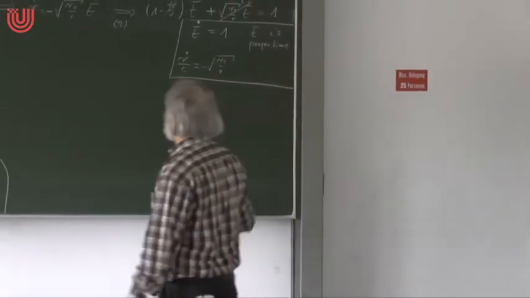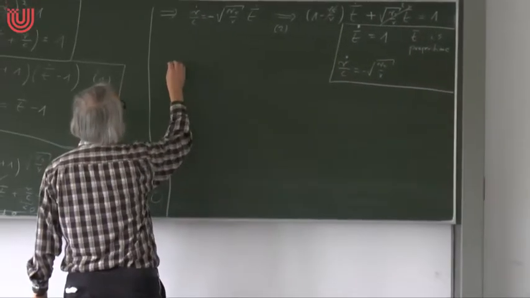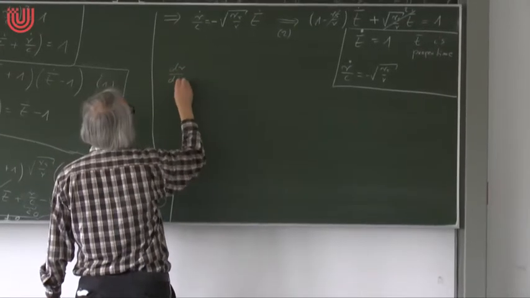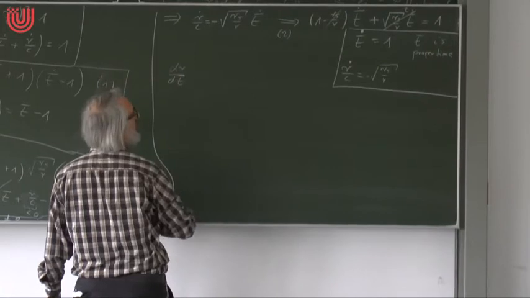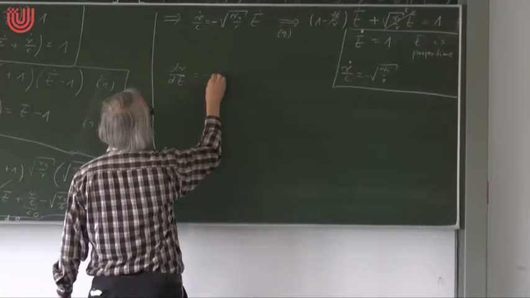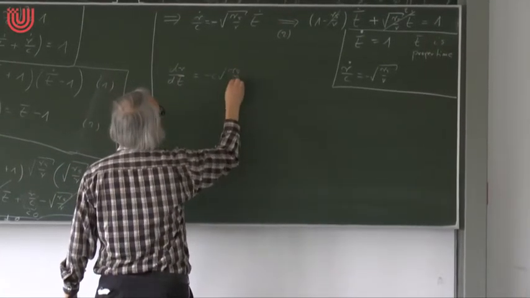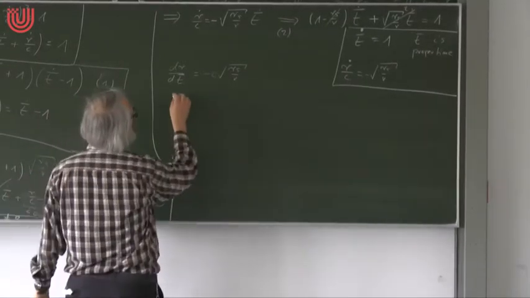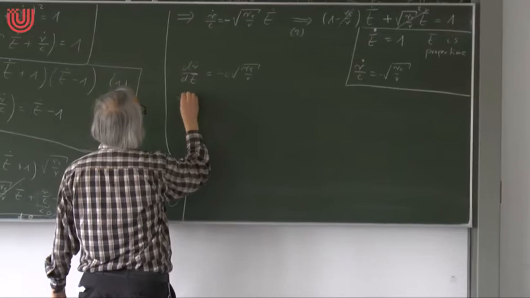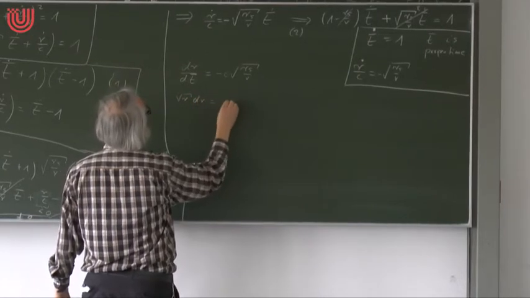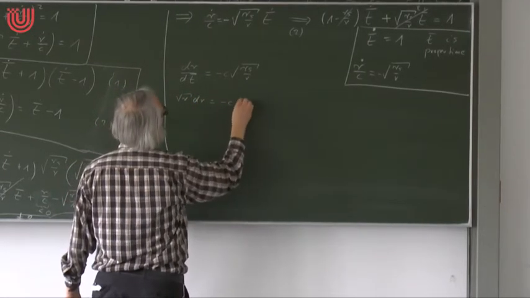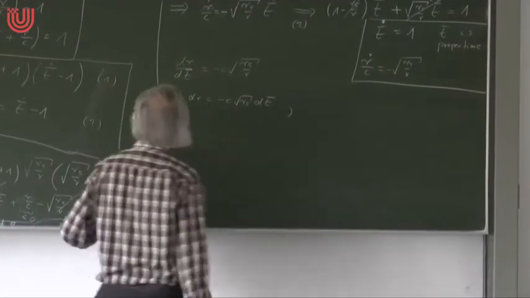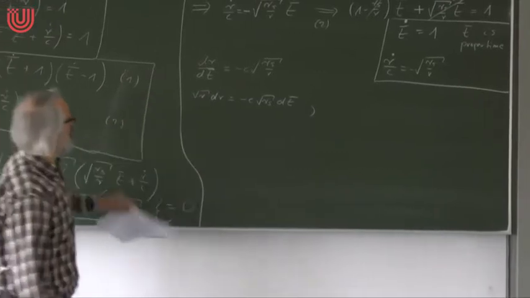Actually, we can integrate the second equation. So if we have dr by d tau, instead of d tau I can also write dt bar, because we have verified that it is the same thing. Root rs over r, we can integrate this. So then we have root r dr is minus c root rs dt bar. And I think I'm clever enough to integrate this. This would be